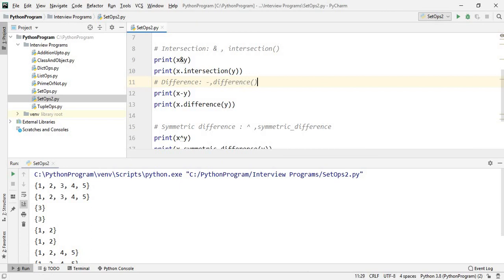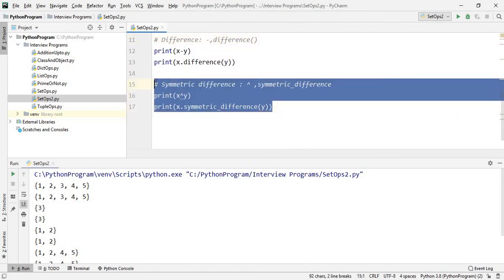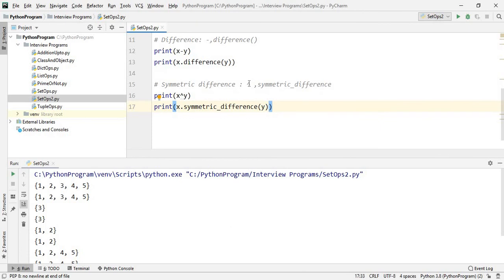And now the next one, symmetric difference, which means it will print everything except the common elements. This is the bitwise XOR operator, and symmetric difference itself is a function. So that's all in this video.